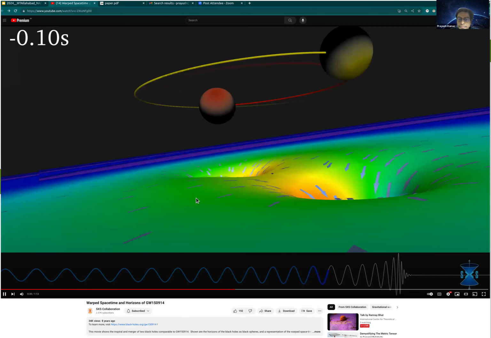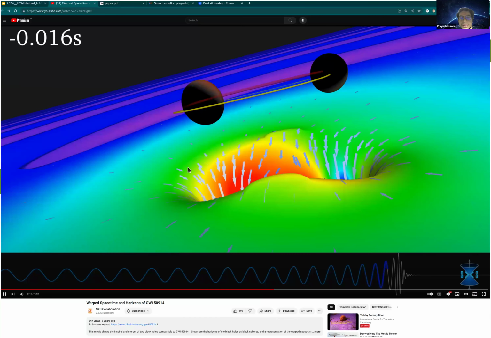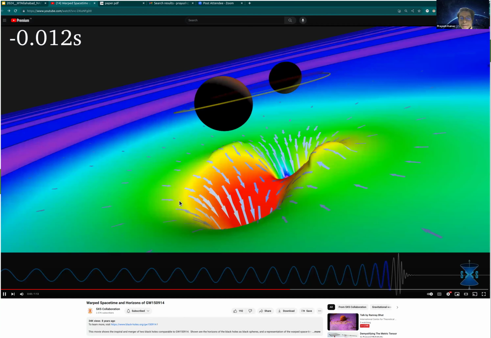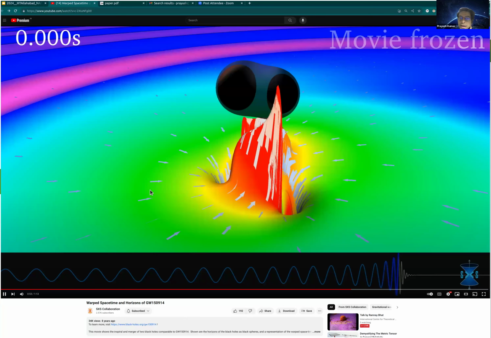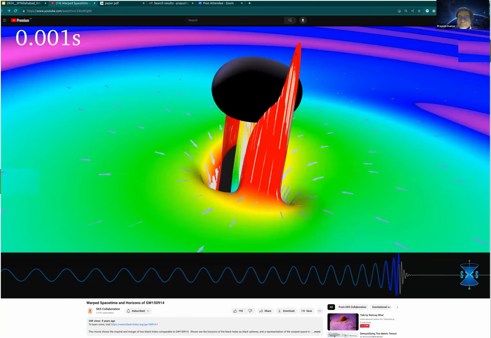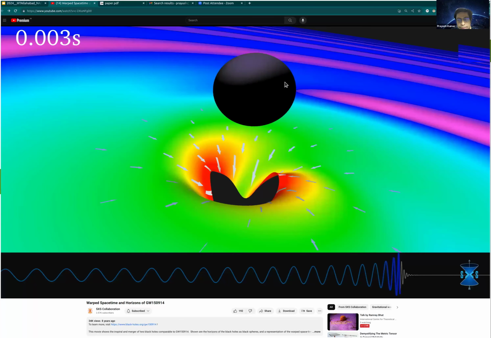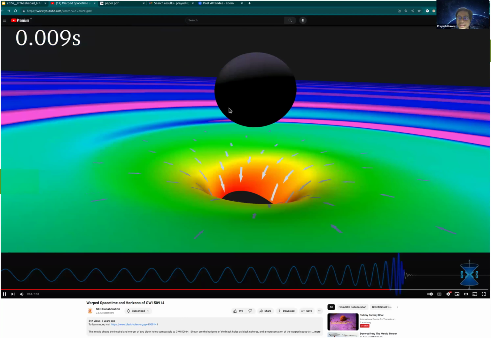Okay. And the arrows here also show the rate of flow of time. The size of the arrow shows the rate of flow of time, and the direction shows the direction of flow of time. And the movie slows down close to merger. So this moment is when, for the first time, a common horizon was formed. And it very quickly settles down into a curved black hole state